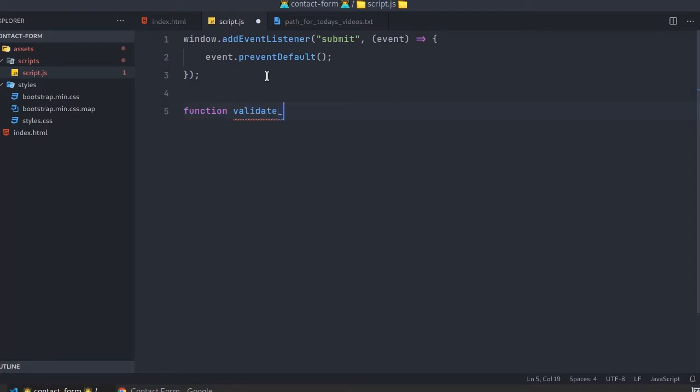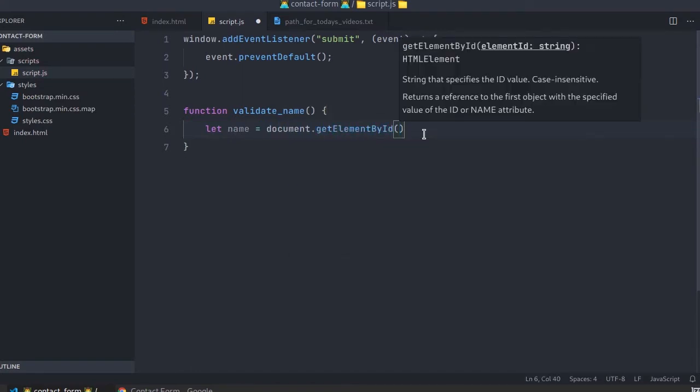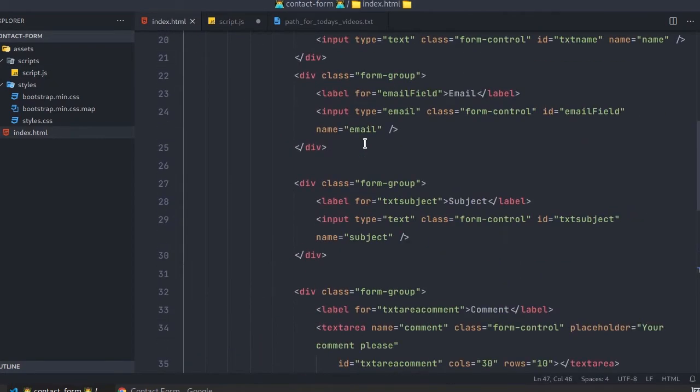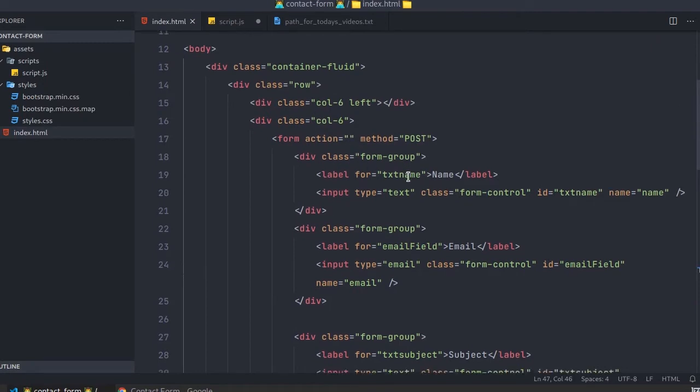Now write the functions for the validation. So validateName. Here define a variable, let name is equal to document.getElementById, and just see your HTML file. There we have already defined the IDs for each element.